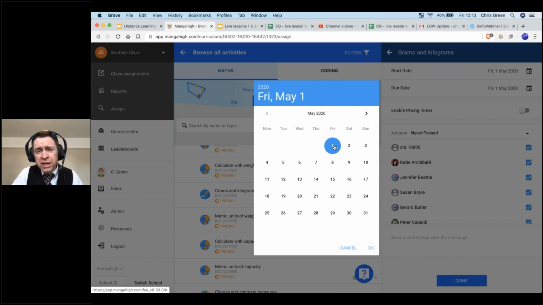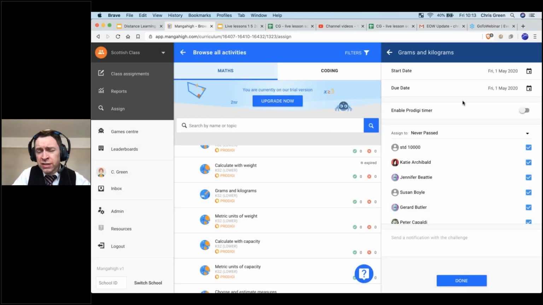In some cases, you might give them 1 or 2 days to work on the activity. That's fine, but I wouldn't be giving any longer than that. I have seen cases where some teachers have set activities that are due in 2 or 3 months' time. That's not going to work. That simply means that in the vast majority of cases, the students simply won't ever do that work.